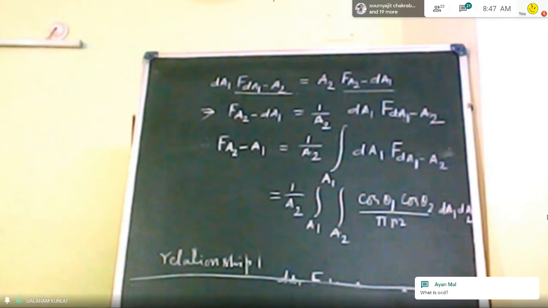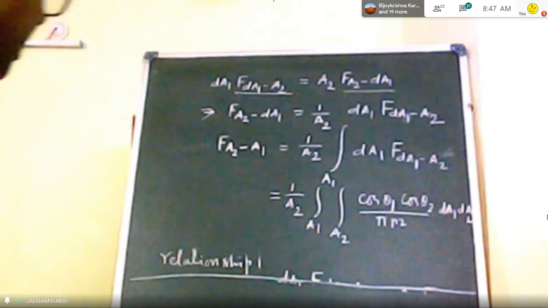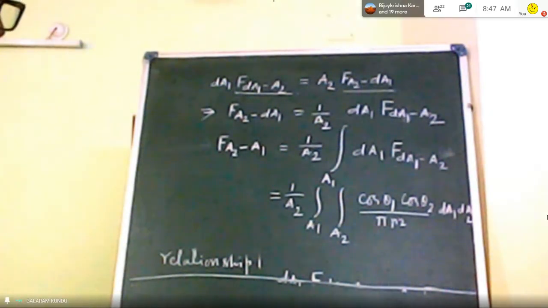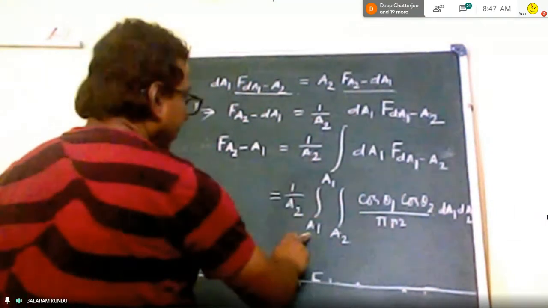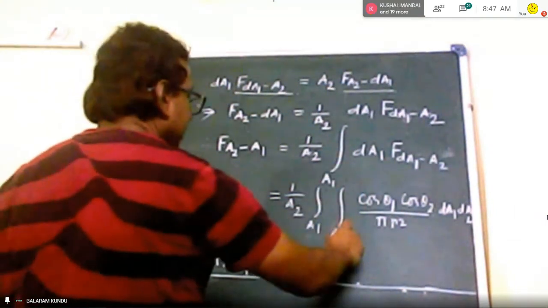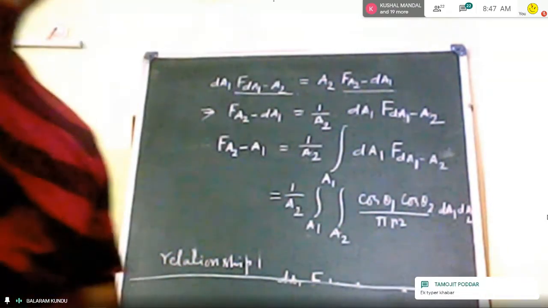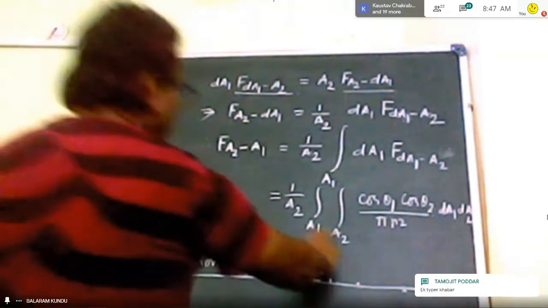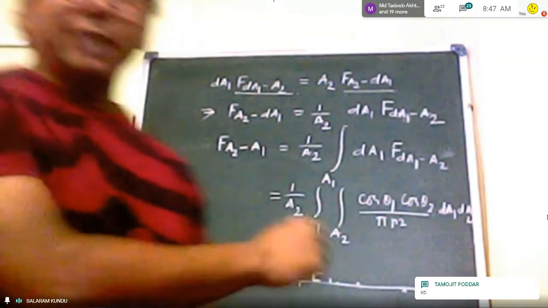And that means if shape factor between two finite surfaces, why, yes, you have put the first limit as A1 to A1, see, also the limit. No no, that is along the surface. Oh okay, A1 to A2. So we have to integrate along the surface A1. The second one we have to integrate along, take the marker out of your eye and see.